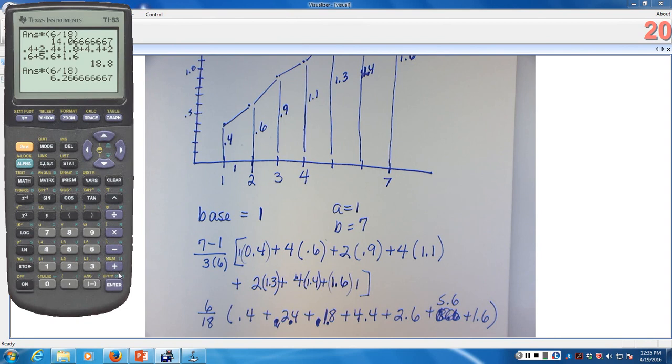Now, if you use the trapezoid rule, the trapezoid rule says basically that you just find the area of each one of those trapezoids, and the formula for the area of a trapezoid is 1/2 times the average of the two differing sides times the base, and the base on every one of these is 1. So the trapezoid rule would be, let's get the side averages first. So it's going to be 1/2 or 0.5 times f of x sub 0, which is 0.4,